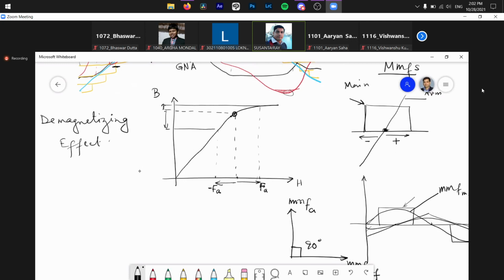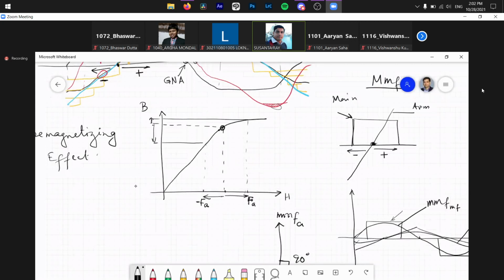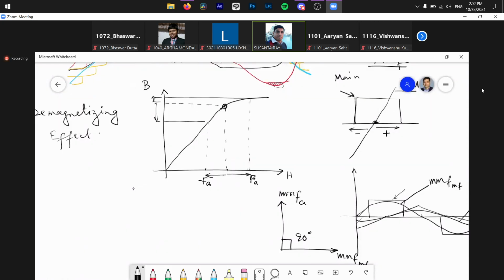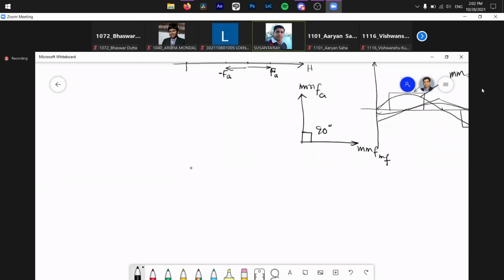Any question? No? Okay. So that means we have jotted down some points, some observations from the graphs we have already drawn, the armature reaction curve graphs. Now, what are the effects on the machine or on the performance of the machine that we'll discuss now? What are the effects? So these are very important.